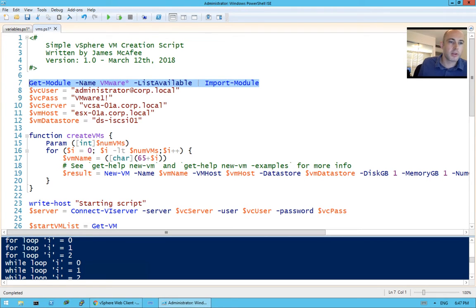I then go through and create a series of variables and I assign some information to those variables. This means that if I want to change this, I don't have to go elsewhere in the code and change it. I just change it here once. So what I mean by this is that